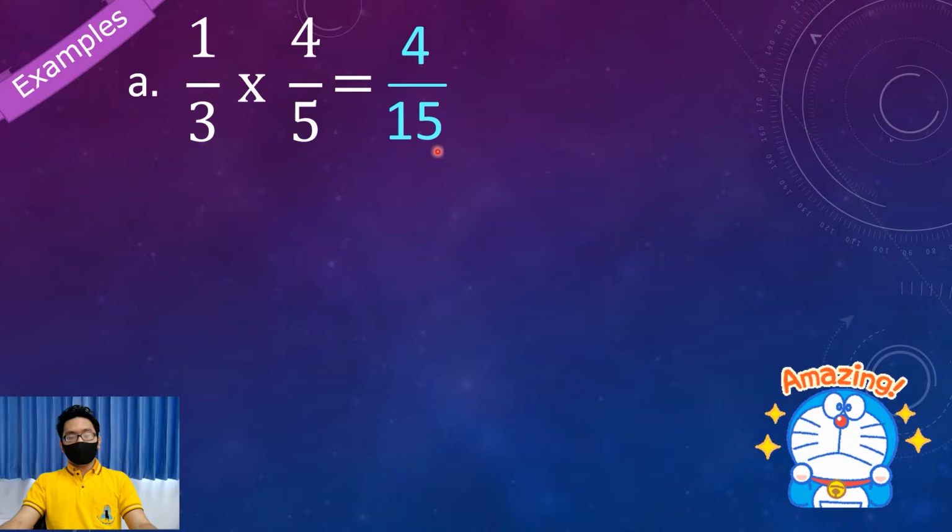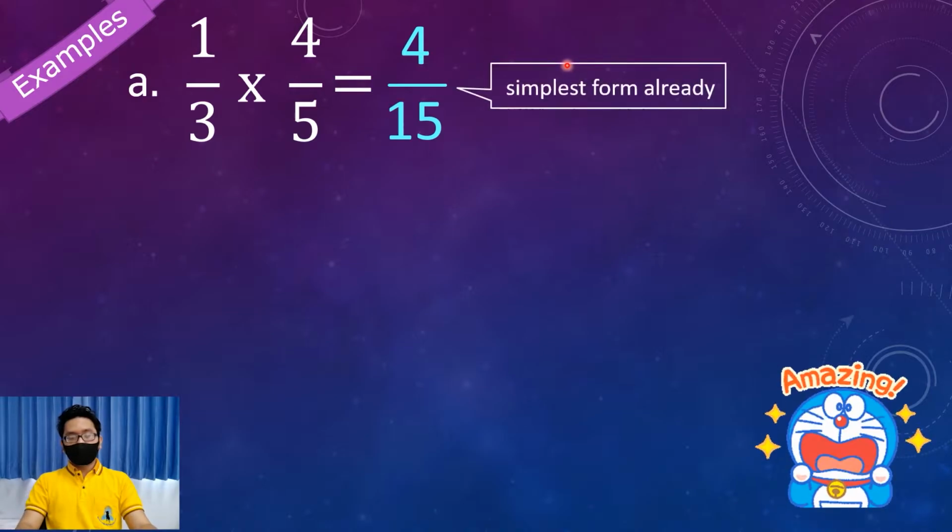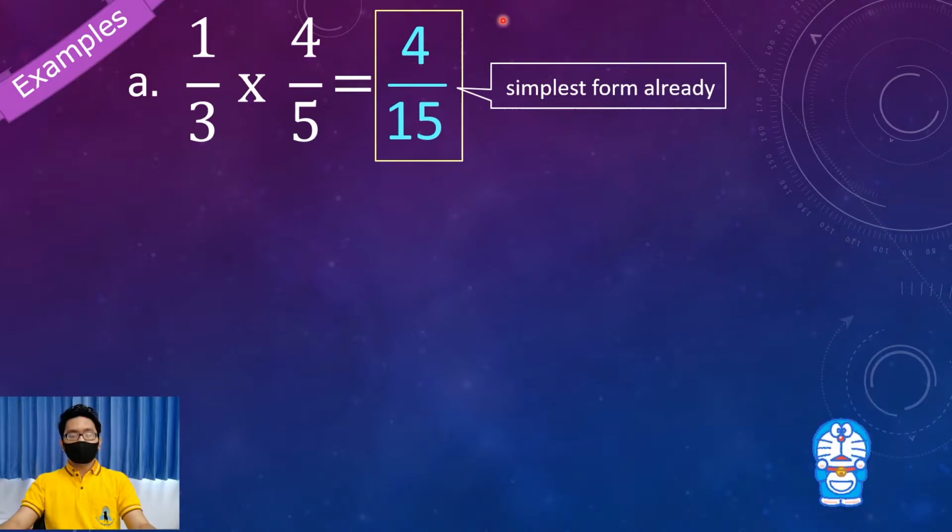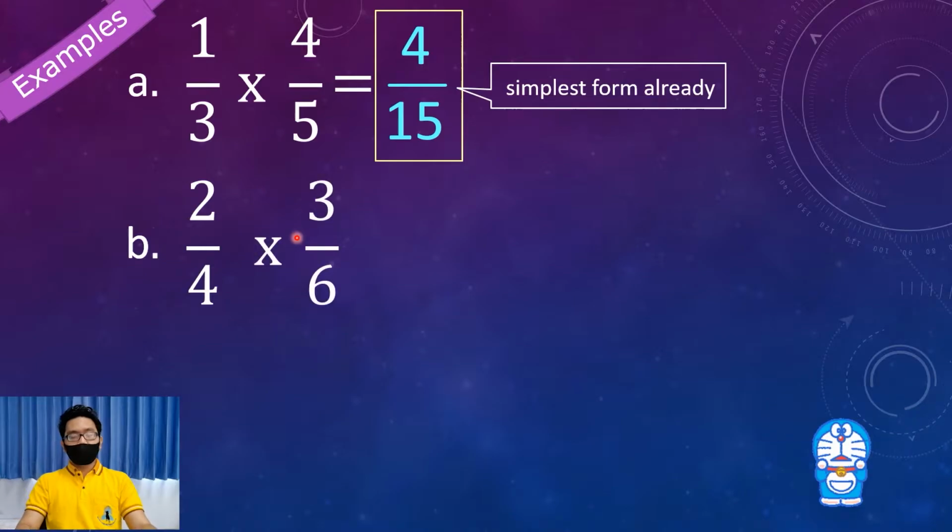Now let's check if this is already in simplest form. Alright, this fraction is already in simplest form. So therefore, this is our final answer, 4/15. Example letter B, 2/4 times 3/6 equals